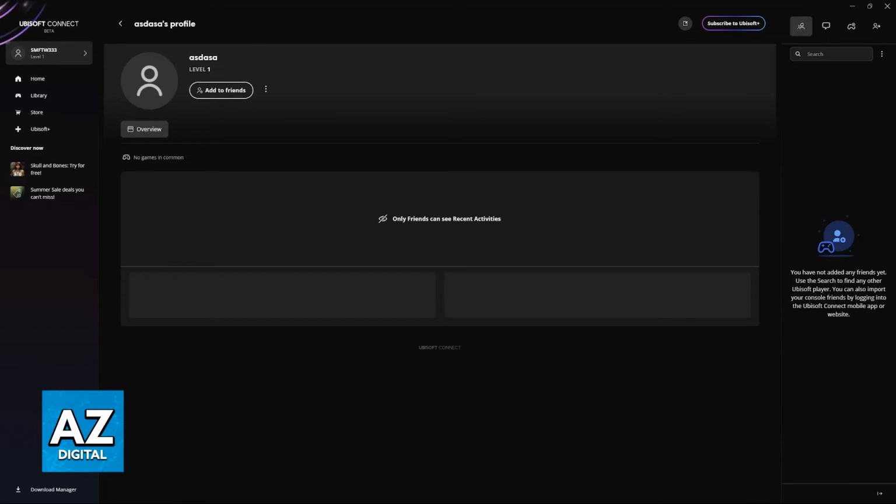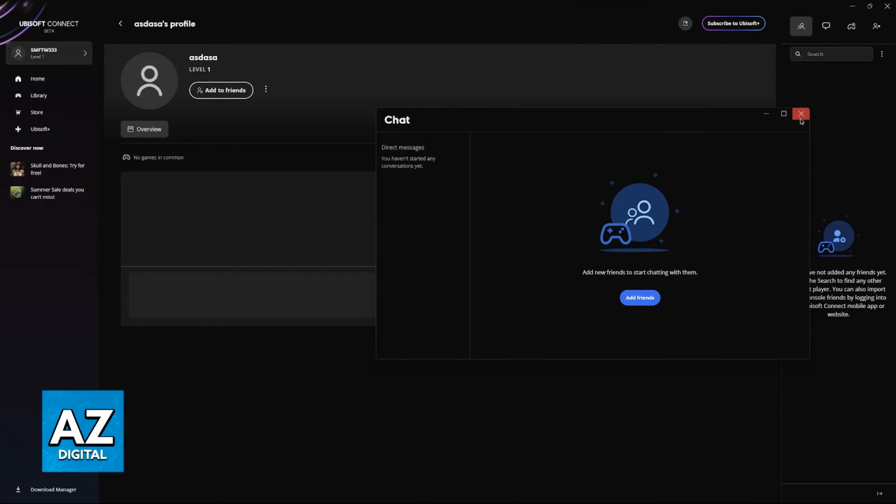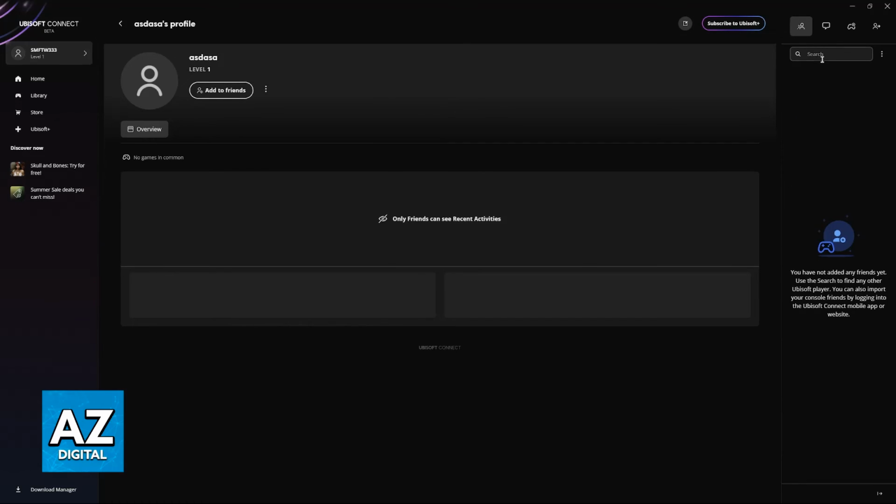Afterwards, you will be able to access chat, to talk to them, or when you play any game that features the option for you to invite your friends through your Ubisoft Connect friends list, they will appear and you can send out the invites as needed. It is super simple, and all that you have to do is type out their name here in the search function, check their profile, and then add to friends.